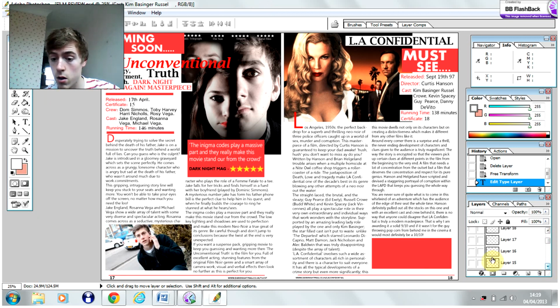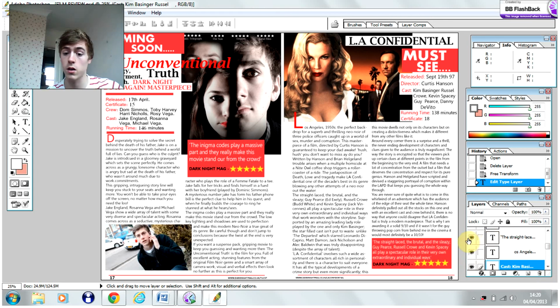Yeah, so next, again, I did the stars and gave this one 5 stars because when I watched LA Confidential I really enjoyed it, so I thought there's nothing else I can give it. And again, Dark Knight mag, and again a section from the text itself, and I wanted to keep the colour scheme and the layout the same to make it look a lot more professional